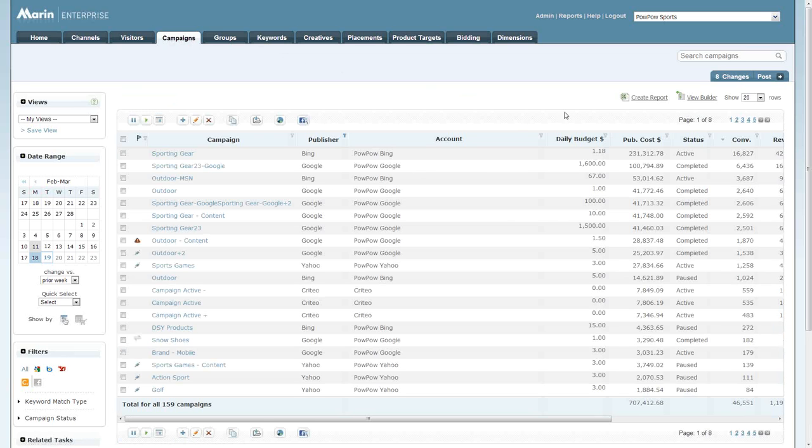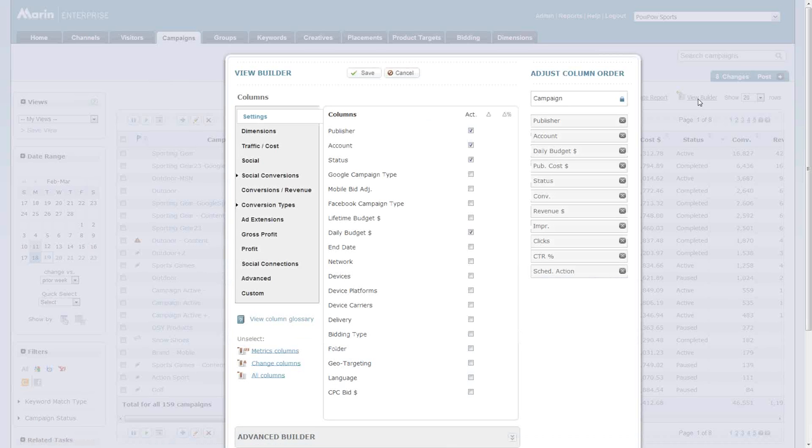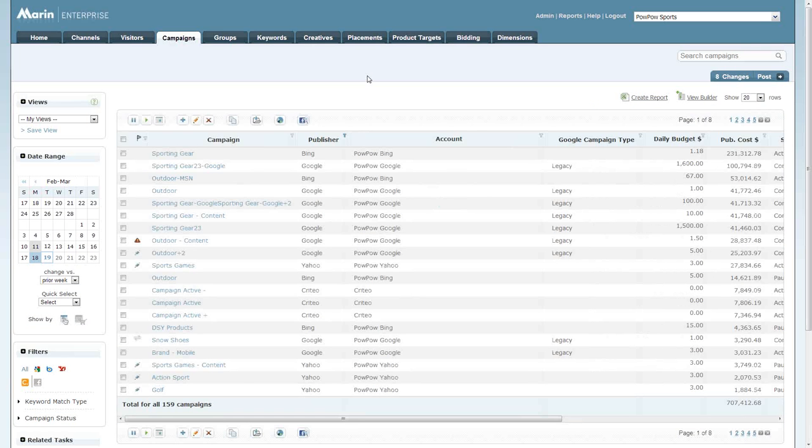So if you navigate back to campaigns and go to View Builder, under the settings section, you'll also notice that we now have Google Campaign Type. If you bring in Google Campaign Type within your grid and save,